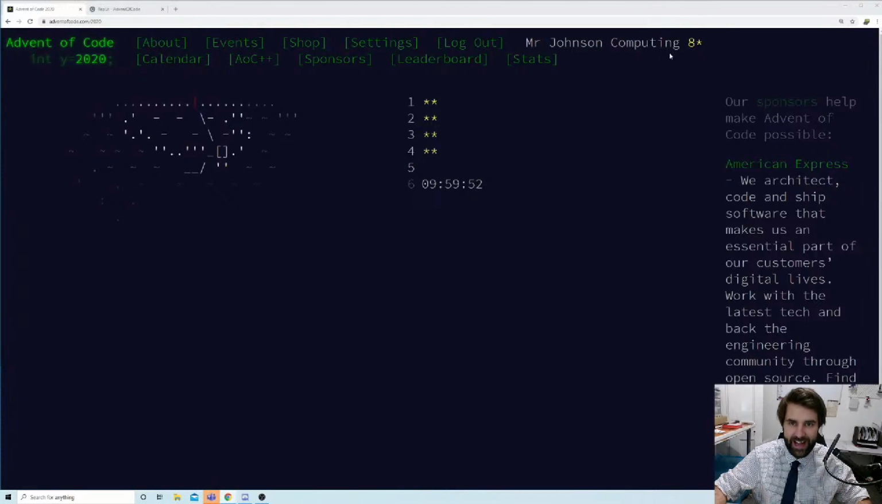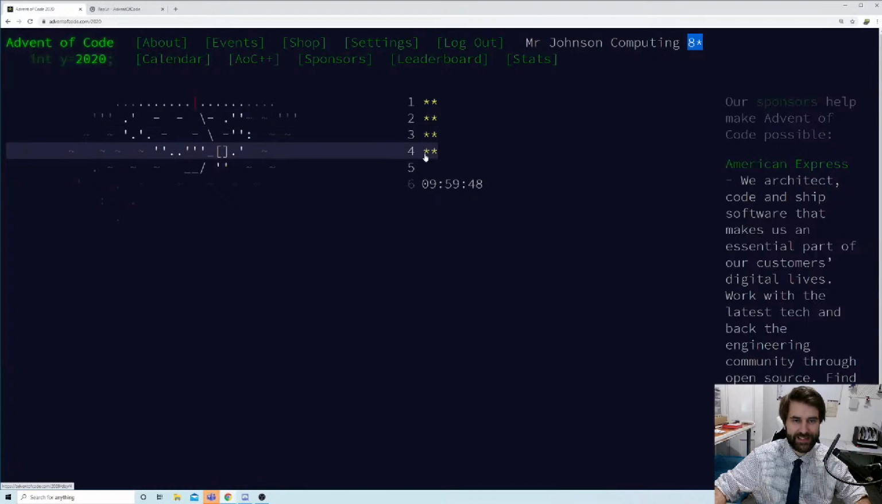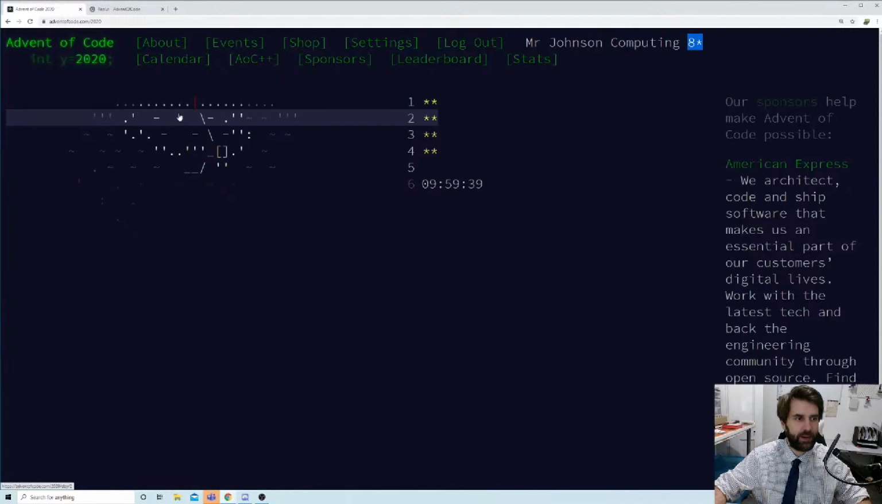We currently have 8 stars here. We managed to solve both puzzles every day. Yesterday took me a little longer than the other puzzles. The difficulty is definitely starting to ramp up, but it's all doable. Now, we've got a little bit more of a picture here as we're going through the